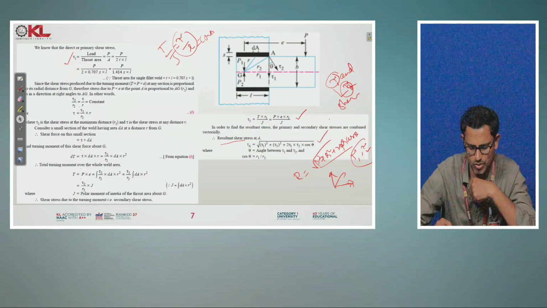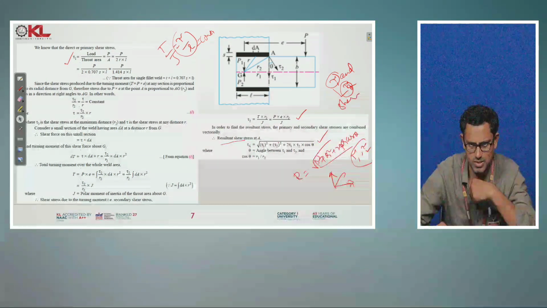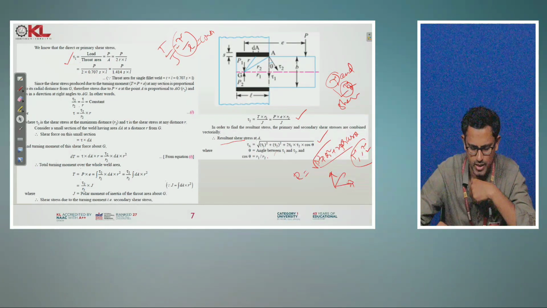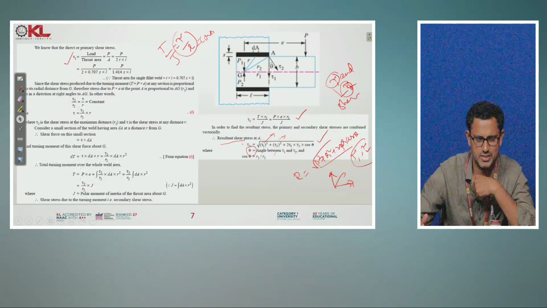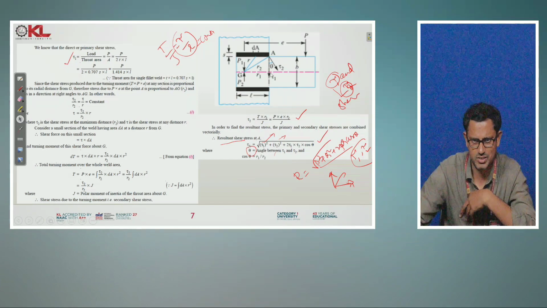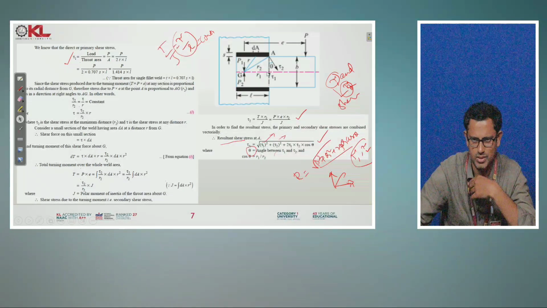As I already told you, the resultant shear stress tau A is equal to under root tau 1 square plus tau 2 square plus 2 tau 1 tau 2 into cos theta. Tau 1 is the primary shear stress, tau 2 is the secondary shear stress, and theta is related to the ratio of R1 to R2. Cos theta is